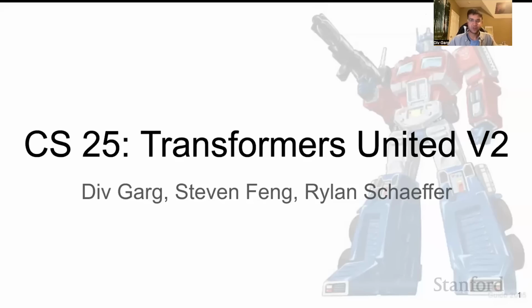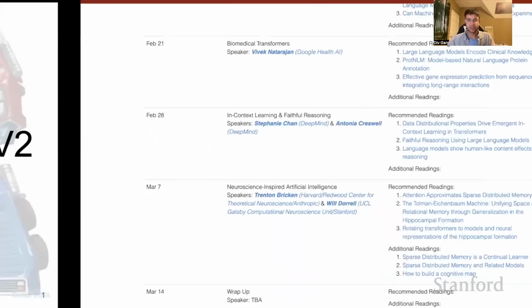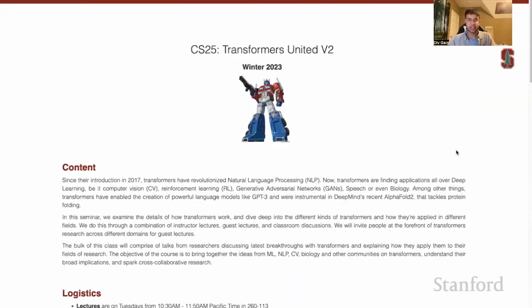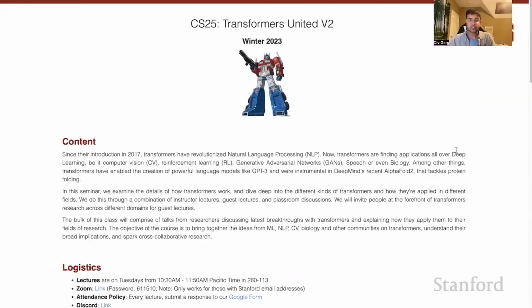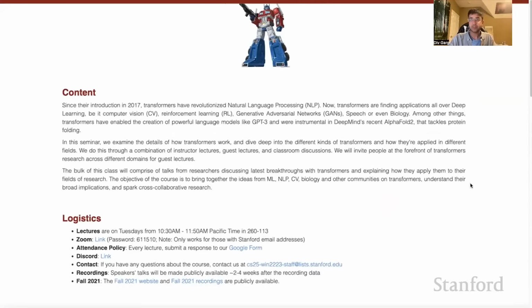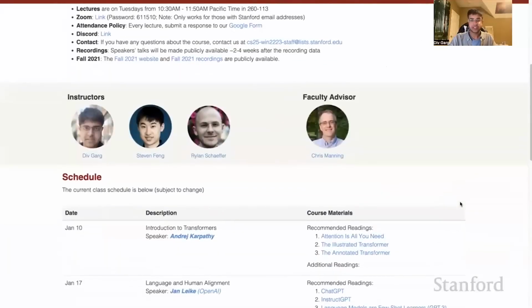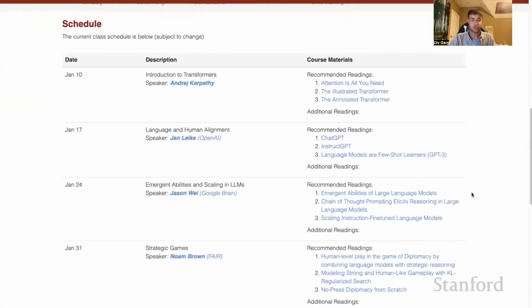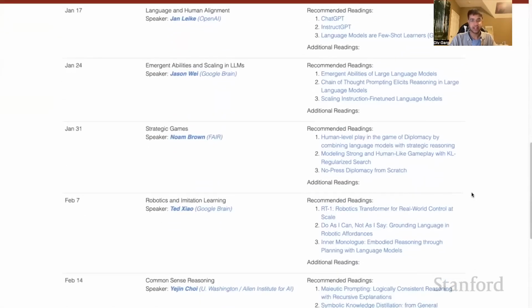This course is not about robots that can transform into cars, as this picture might suggest. Rather, it's about deep learning models that have taken the world by storm and have revolutionized the field of AI and others. Starting from natural language processing, transformers have been applied all over, from computer vision, reinforcement learning, biology, robotics, etc. We have an exciting set of videos lined up for you with some truly fascinating speakers, presenting how they're applying transformers to their research in different fields and areas.